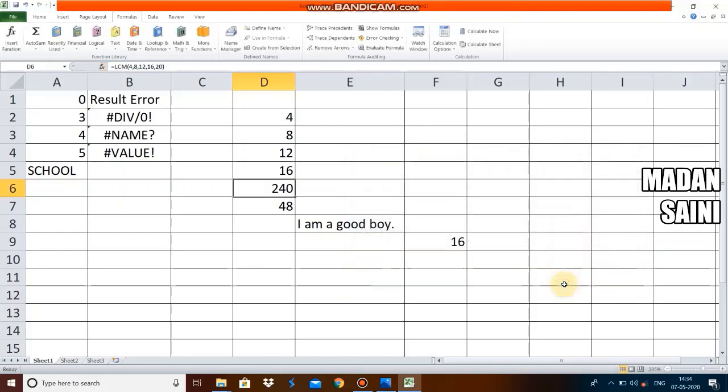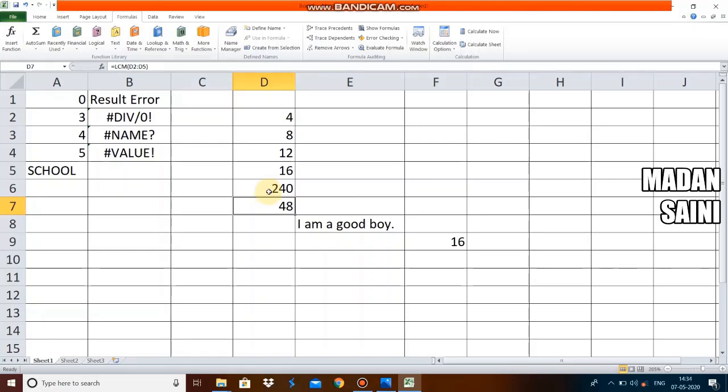Once I press enter, the result will be 240. So you can see the LCM of these 5 numbers, 4, 8, 12, 16, 20, is 240. So this way you can apply the formula through the function library,